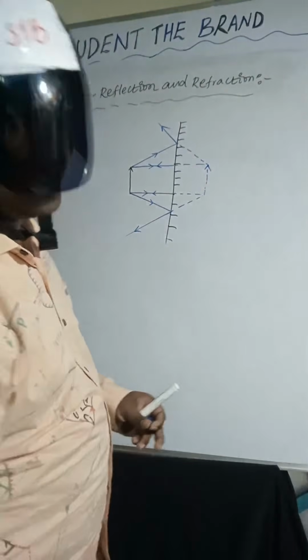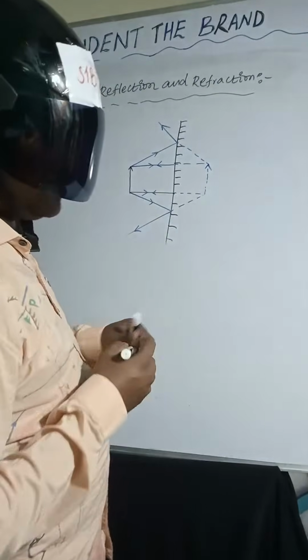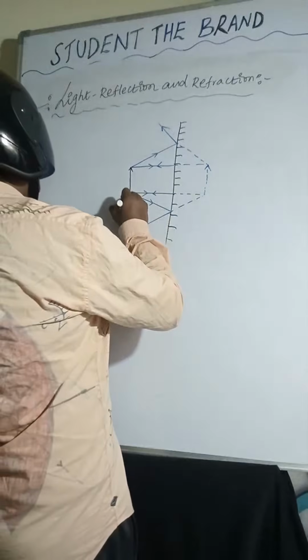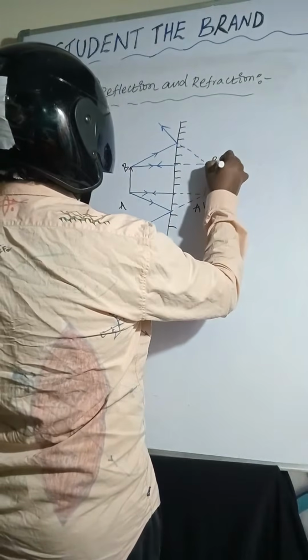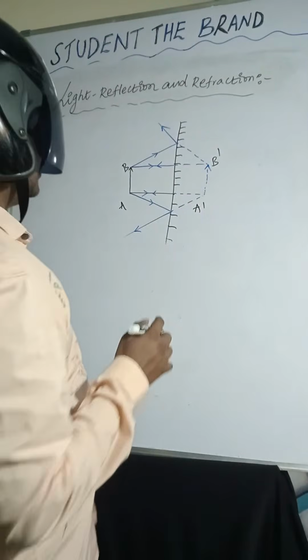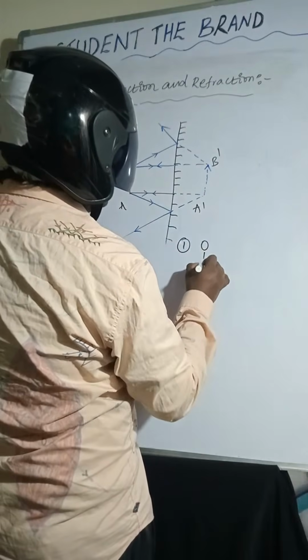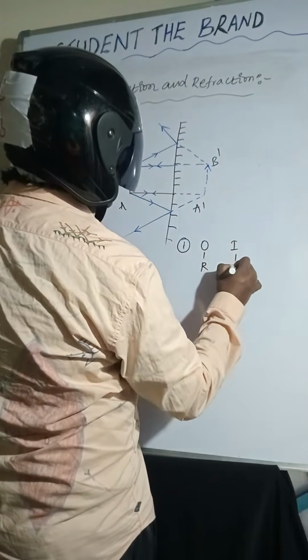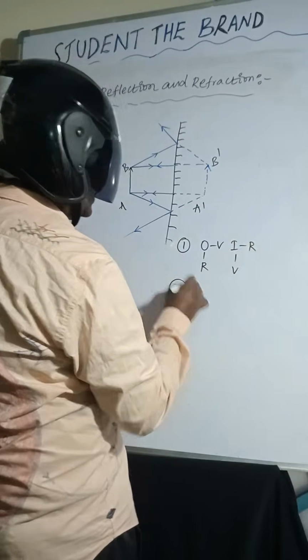So listen carefully. Object is real, image is virtual. AB is the object and A dash B dash is the image. So now the first point is: object is real, image is virtual; object is virtual, image is real. Coming to the second one,